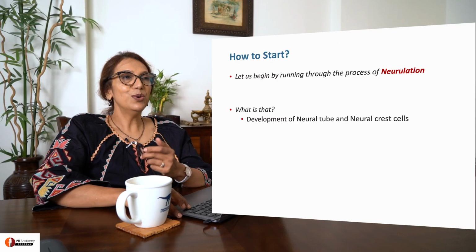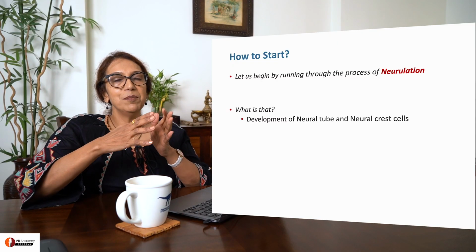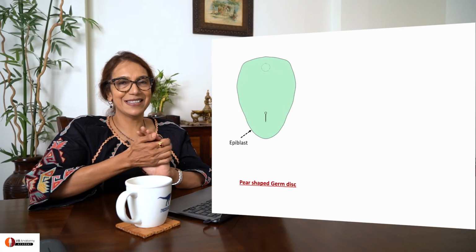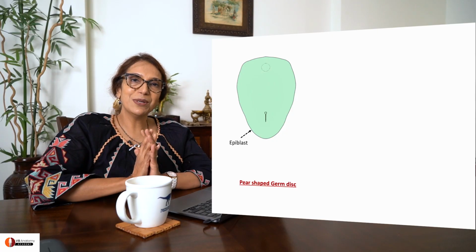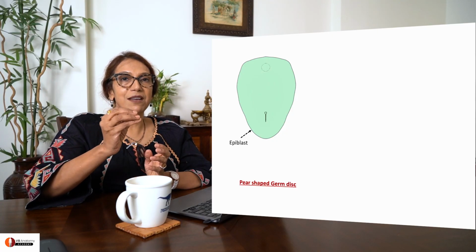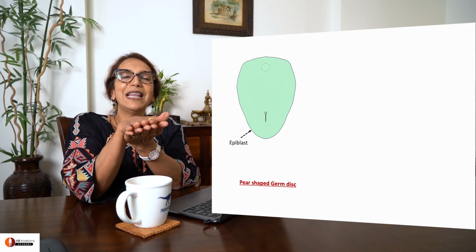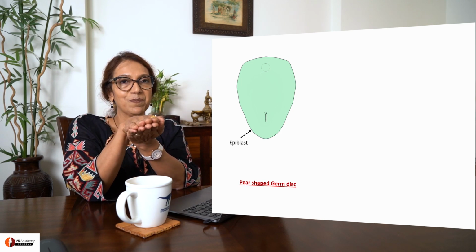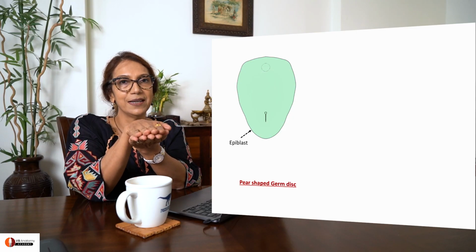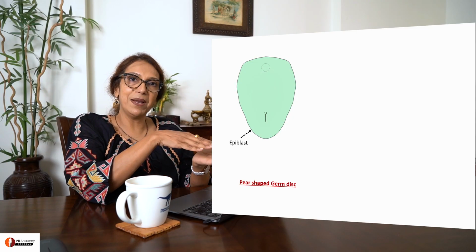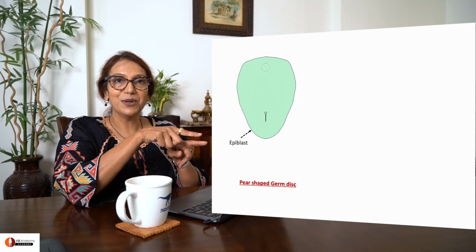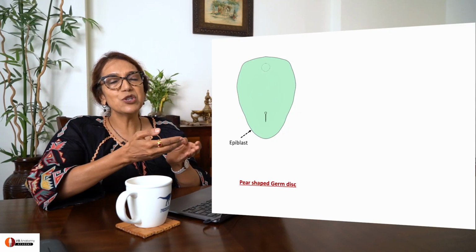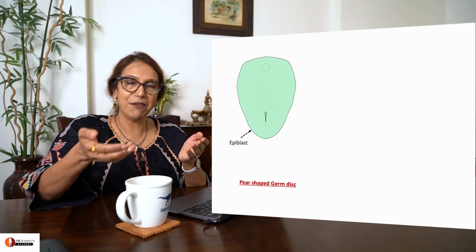Right. So, by neurulation, the embryo develops a neural tube and neural crest cells. What is all this? Okay. So, the story goes like this. When an embryo is developing, it's basically a flat two sheets of cells called as the bilaminar embryo. Okay, there's an upper layer and there's a lower layer. The upper layer is called as the epiblast, and it is really this shaped. You, when you were a babe, when you were an embryo, were actually just a pear-shaped structure. You didn't even have a body cavity.